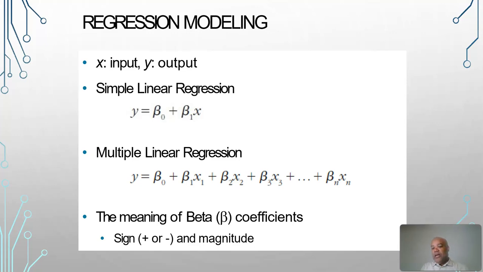So regression modeling involves establishing a mathematical relationship between an input variable and an output variable. In simple linear regression, like I said, that relationship is represented by the equation y equals mx plus b. Okay, that's what this is right here. Multiple linear regression means that we have multiple features that are playing a part in the prediction. So we're going to have our intercept here. This is multiple regression.